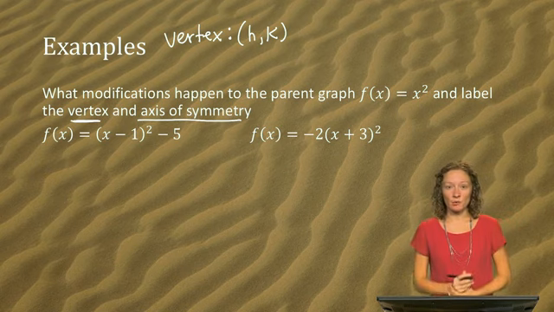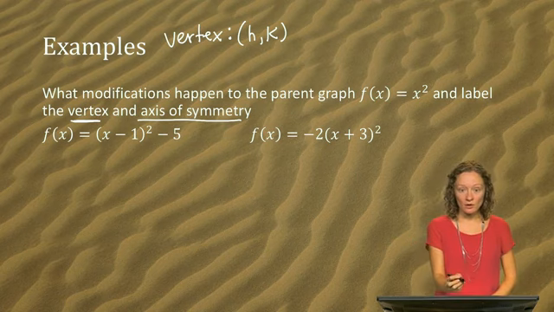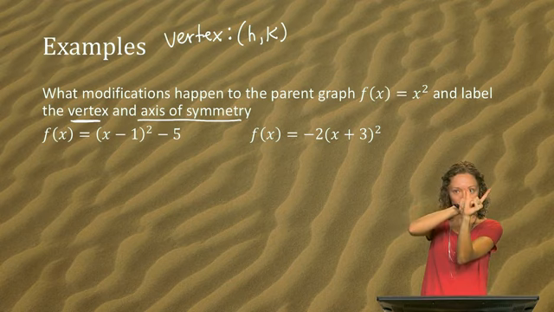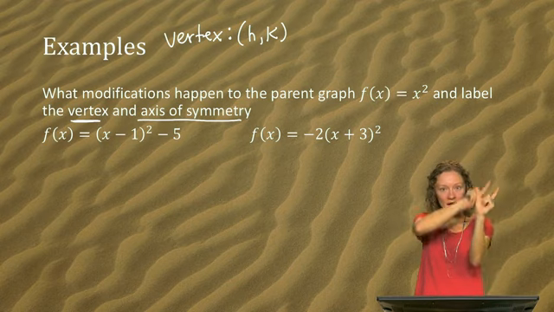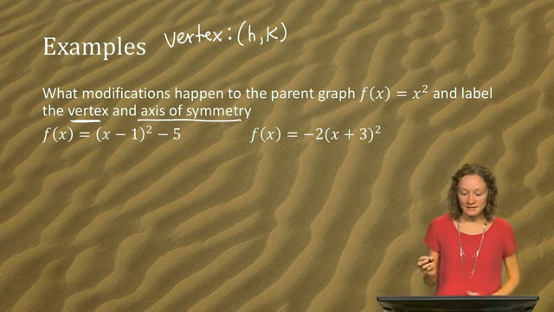So not only is it important to identify h and k to be able to tell which modifications left, right, up, and down happen, but it also identifies for you the vertex, the base point of the U, whether that shape is opening up or opening down, the vertex will be the same. And then your axis of symmetry